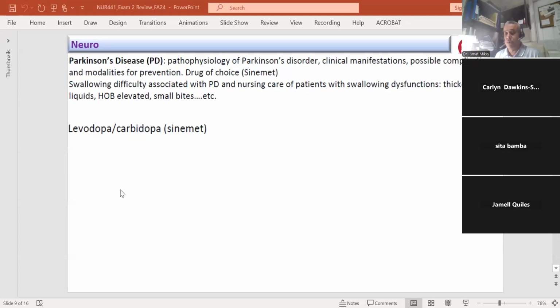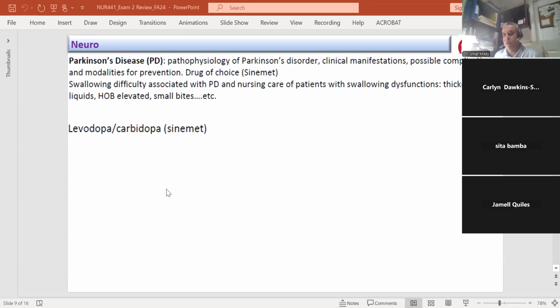Okay, so Parkinson's disease. I'm just going to highlight and give you some bullets and a few things pertaining to each one of these neurological disorders. For example, with Parkinson's disease, read about the pathophysiology and so on for the disease process, and I think we covered most of the pathophysiology and medications in